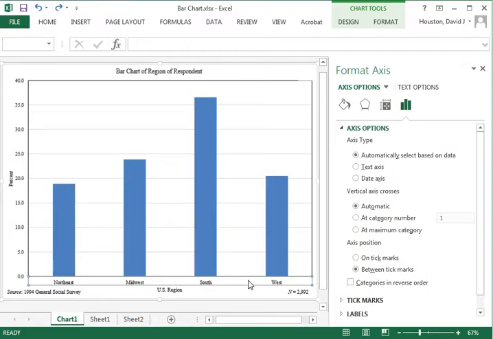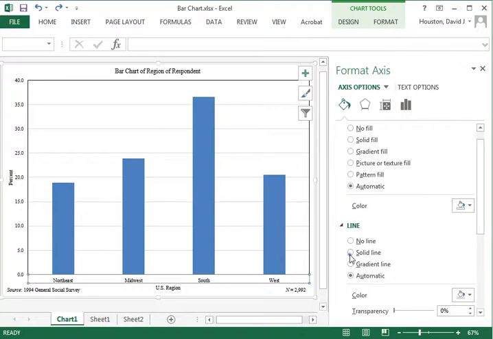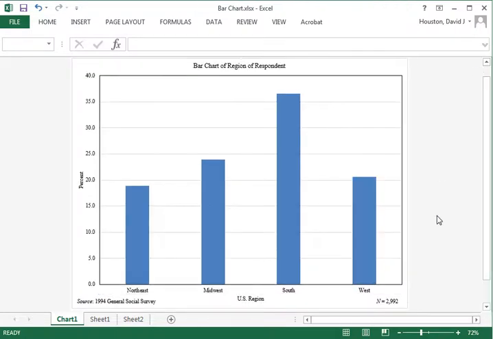We're on axis options right here, and we're going to click right here, the solid line, and now it's black. There. That's what I want. And you notice the black line appears here. Okay, so I will now close that. And there we have the black line around the entire plot area.